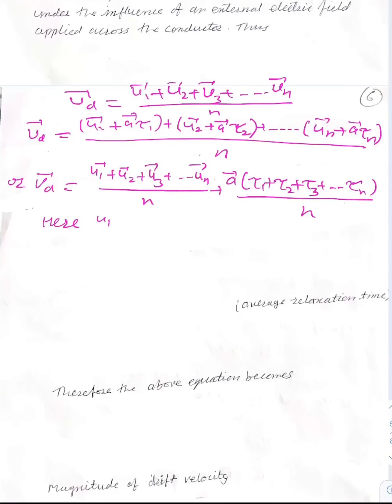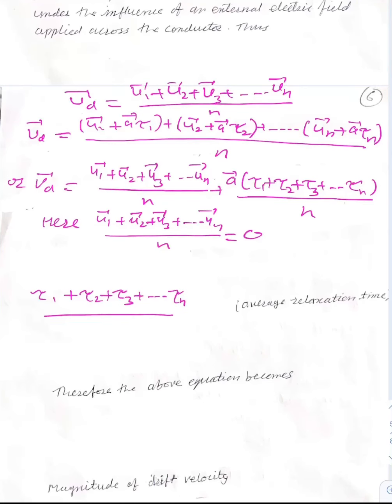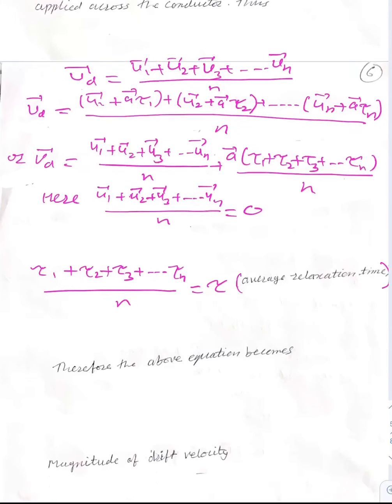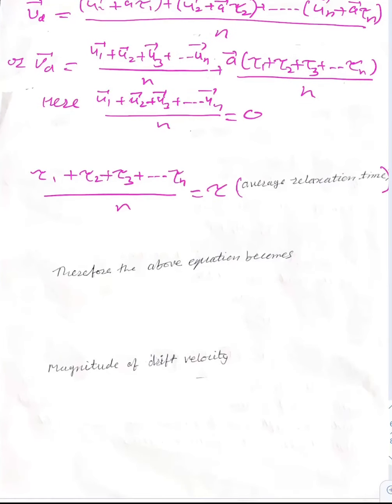Here (u1 + u2 + u3 + ... + un)/n is equal to 0, and (tau1 + tau2 + tau3 + ... + taun)/n is equal to tau. Tau is the average relaxation time,